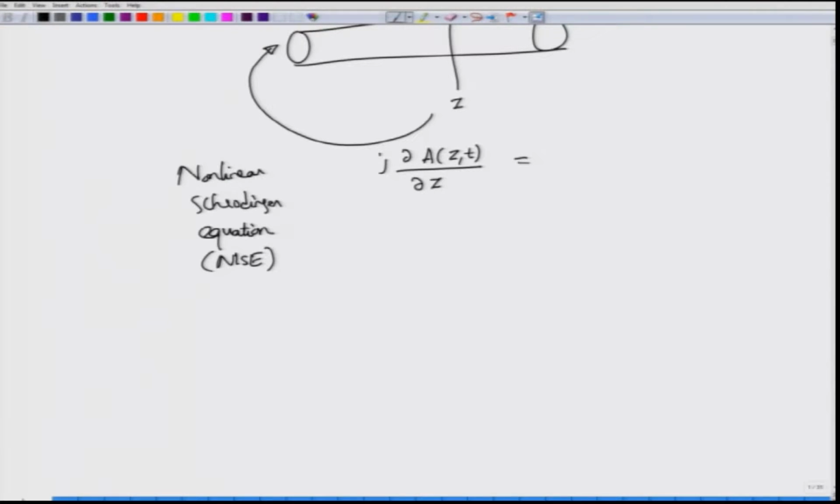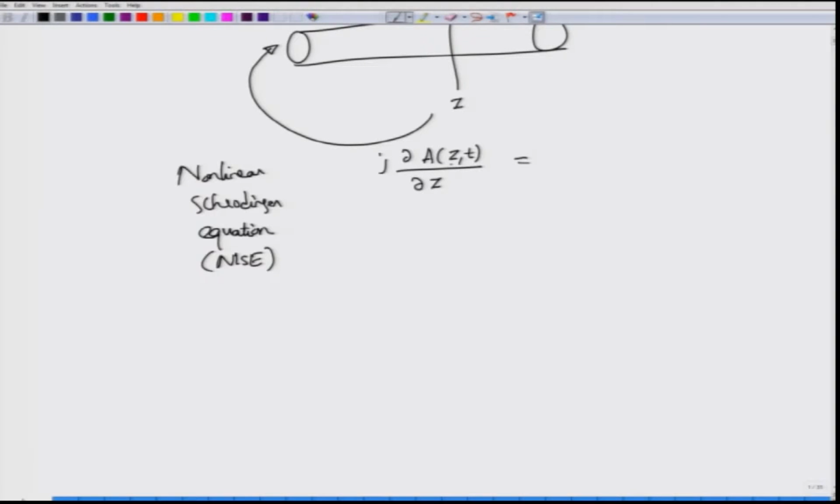Okay. So, we are not going to look at the loss here, we will assume that the fiber is lossless. As such, dispersion and nonlinearity are big headaches by themselves. So, we will not impose loss as an additional headache for us. Okay. So, this equation, let us get back to it, tells us how the envelope function changes as a function